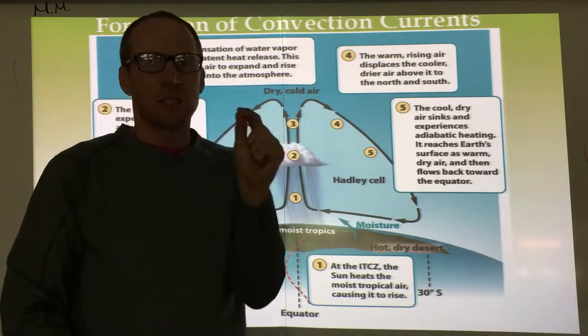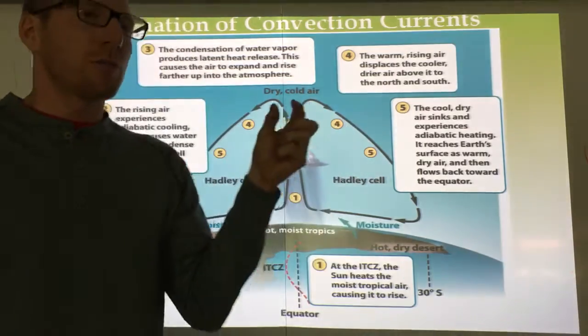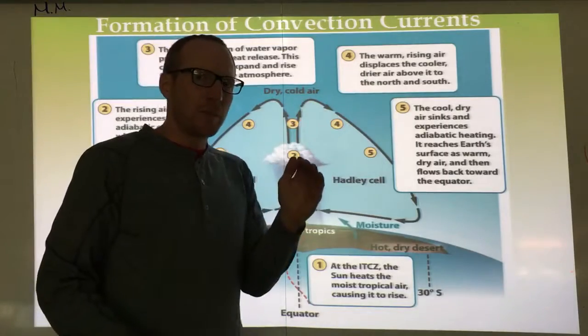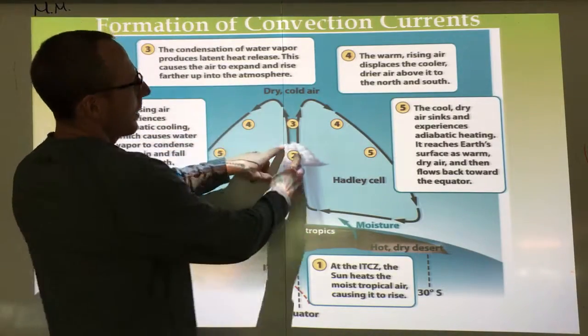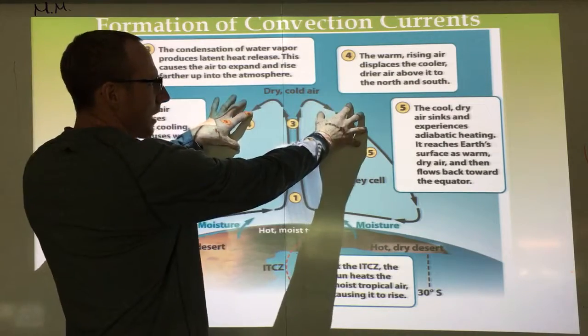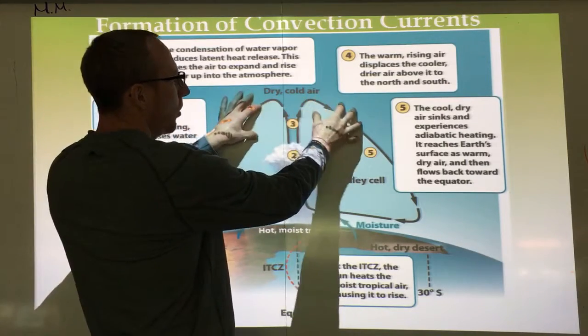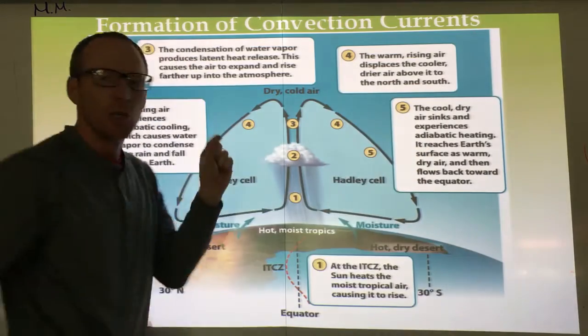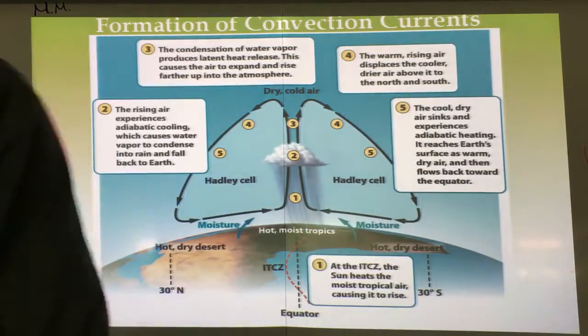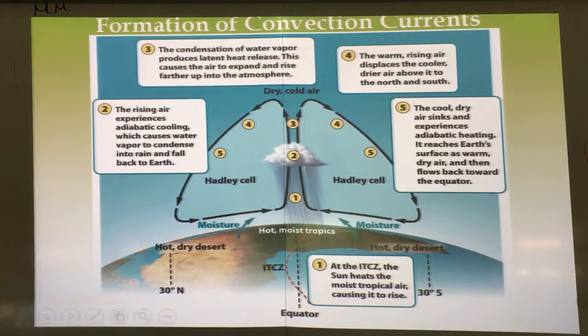All right, so then as it comes up, it releases that moisture. Remember, when it releases the moisture, when it goes from a vapor to a liquid, it gets latent heat release, and that air gets hot again and it starts to rise, displacing this cold air, pushing it out, and then as it falls down, what's going to happen over here at 30 south and 30 north is